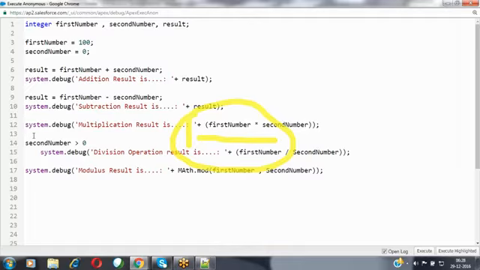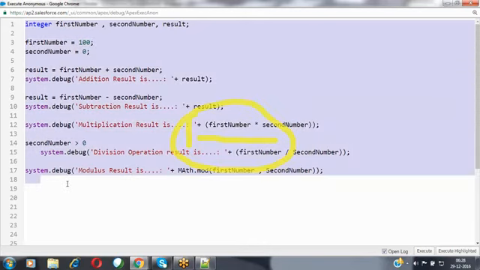Further, we need to decide at runtime whether we can execute the statement or not, based on the second number value. How can we decide? We have to use a conditional statement. By using a conditional statement, we can change the flow of execution of your application. Whatever code we have written will execute in the same flow, in the same order in which you have written it.